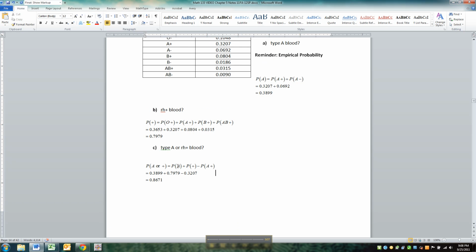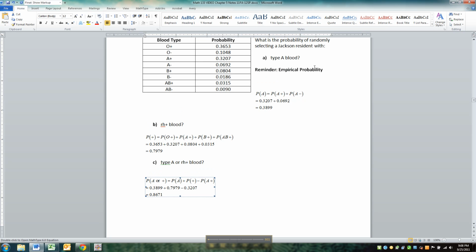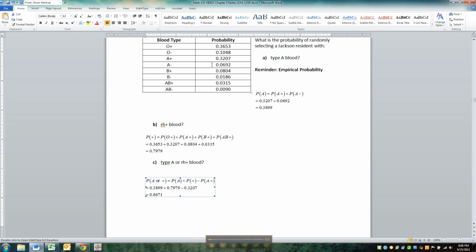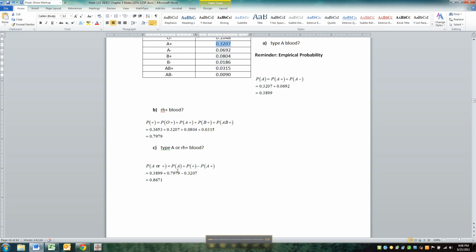So the probability of A or Rh positive would be the probability of A, which we found up here to be 0.3899, plus the probability of positive, which is 0.7979, minus the probability of both A and positive, which according to the table is 0.3207. So then you add up the first two and subtract away the overlap, and you have it, at least by